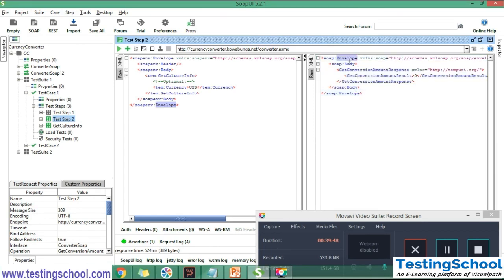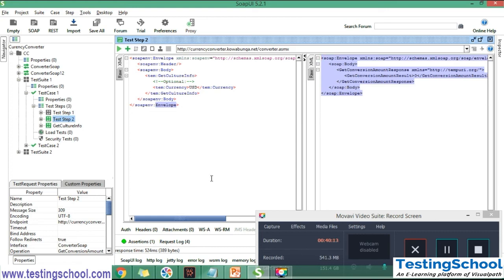Under the SOAP envelope we have a body, and under it the get conversion amount response. This is the response we received from the server: get conversion amount result equal to 0. Then the body tag is closing and the envelope tag is closing. So this is the proper structure of the SOAP message response.